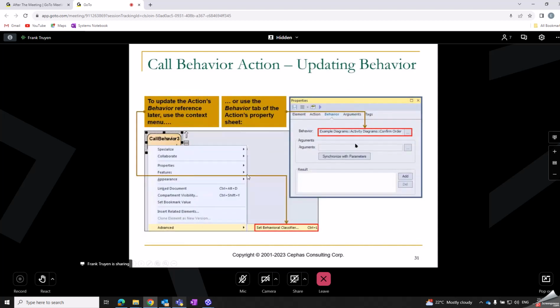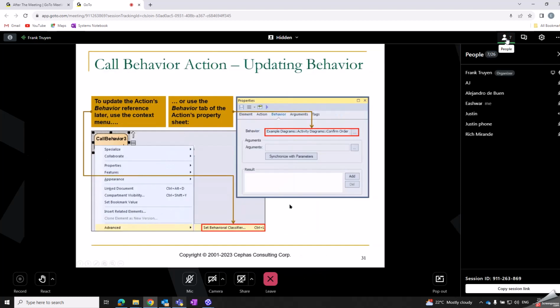You could change it later if you decide you're calling something else, or if the thing you're calling has additional parameters, right? So you added parameters, you remove parameters, or you change their type. You can call a synchronize, and the tool sometimes does the right thing and sometimes doesn't. Synchronize here is not a guarantee. What I found,